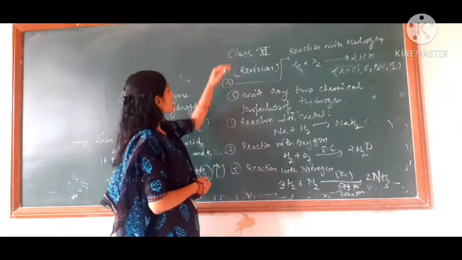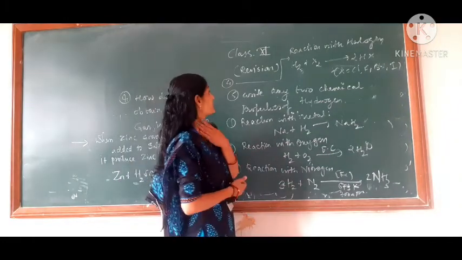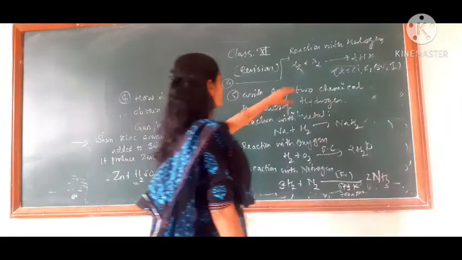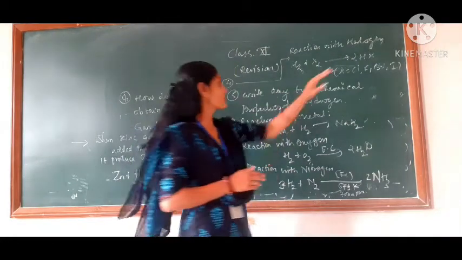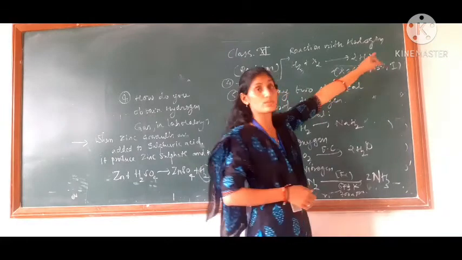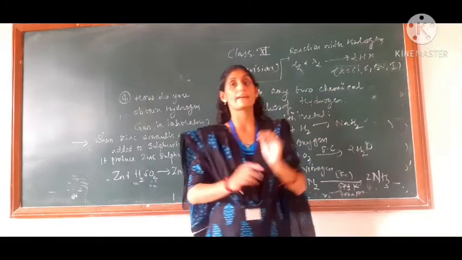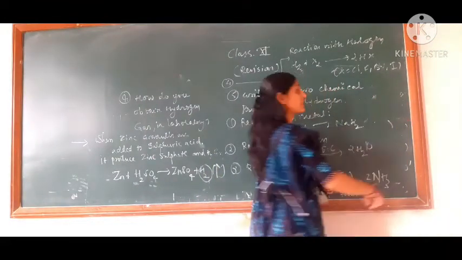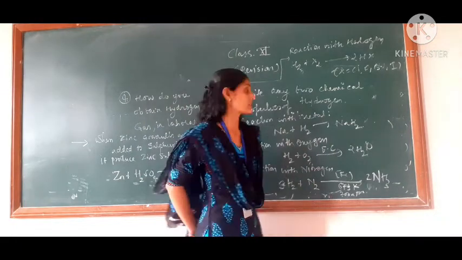Now next is reaction with halogen. Halogen is also non-metal, group number 17 elements. And when we talk about 17 elements, that is fluorine, chlorine, bromine and iodine, children. So it is going to form hydrogen halides. If X is Cl, it forms hydrogen chloride, or we can say hydrochloric acid. If you are taking F, then HF. If bromine, then hydrogen bromide, HBr, or hydrobromic acid. And HI is hydroiodic acid or hydrogen iodide. So that is all about the chemical properties.